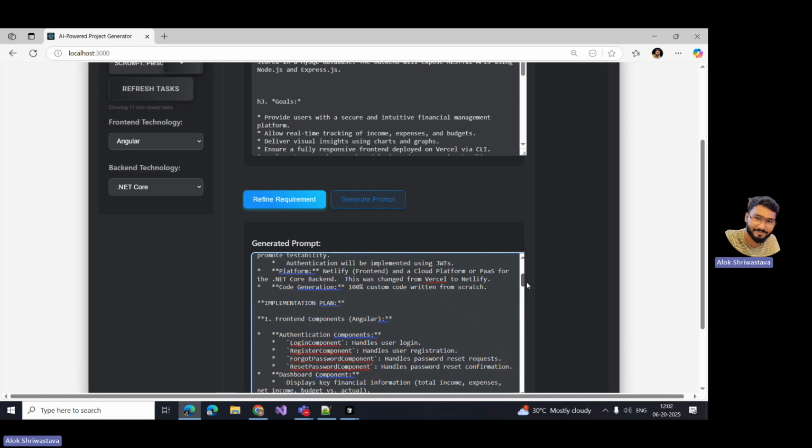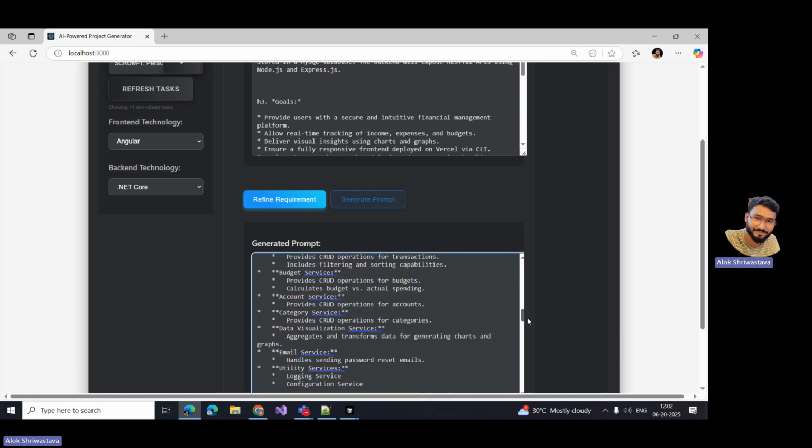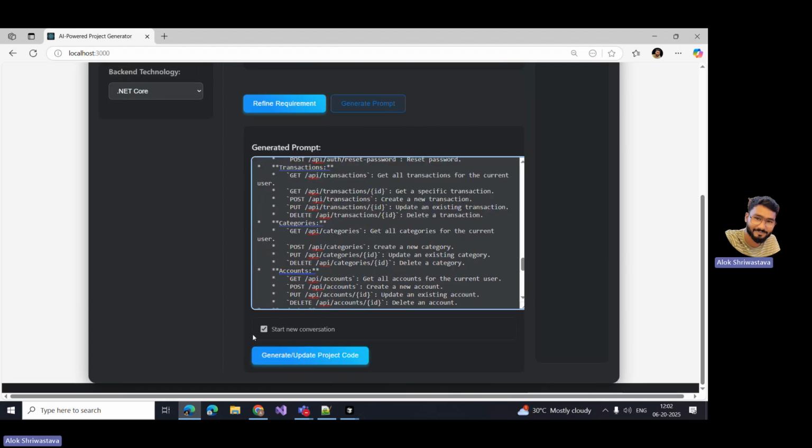So the user can also review these things. If any unnecessary things get added in here, she or he can remove them. So now, the thing here is a start new conversation